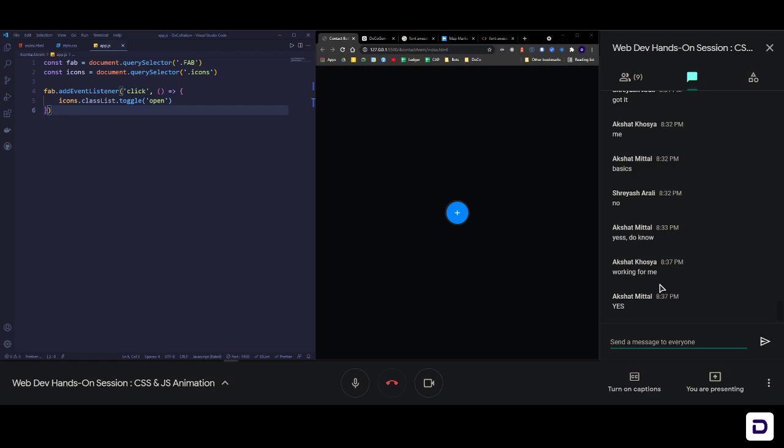Okay, so I guess most of you were not following after the CSS part. You got confused and you left it there. Okay, fine. Let me just finally add that transition effect so that the animation looks smooth, so that you will have the final product with you.